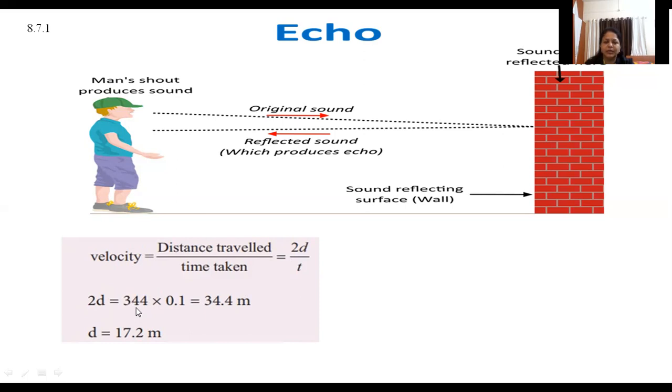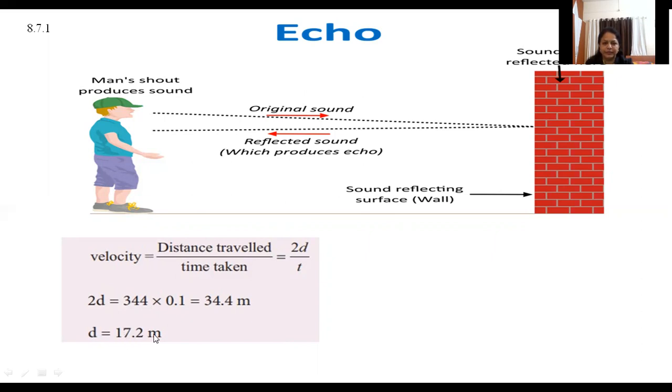As we know, the speed of sound depends upon the temperature. As the temperature goes on increasing, the speed of sound also increases. So at 22 degrees centigrade, the velocity of sound is 344, and from that the distance is equal to